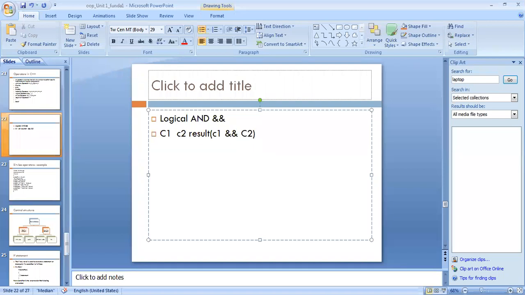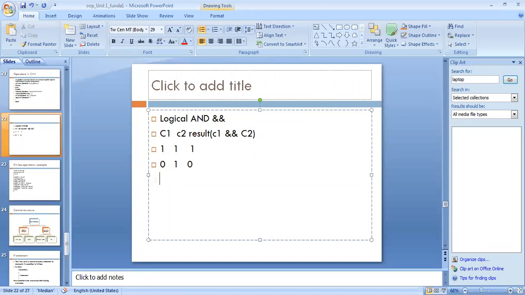For the AND operator, if expression 1 is true and expression 2 is true, then the result of c1 and c2 is 1. If expression 1 is false and expression 2 is true, then the result is false.